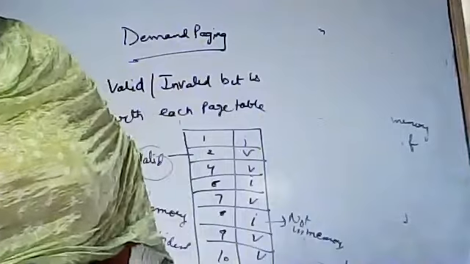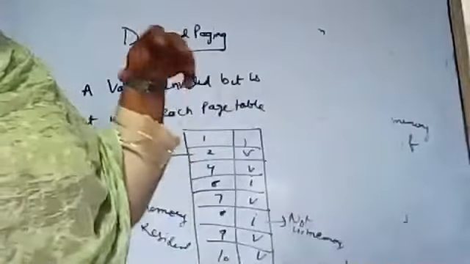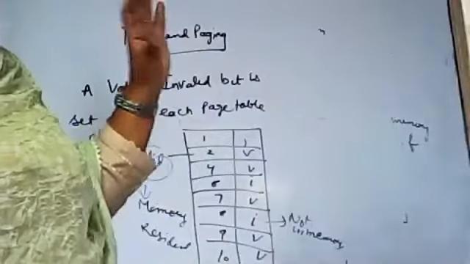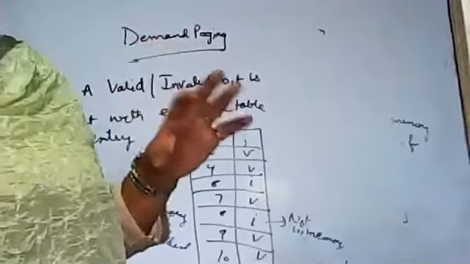If there is a page that we made a reference to, that first reference to the page will result in a trap to the operating system. Trap means that the operating system has moved from execution mode to trap mode. That is called a page fault, and that needs to be